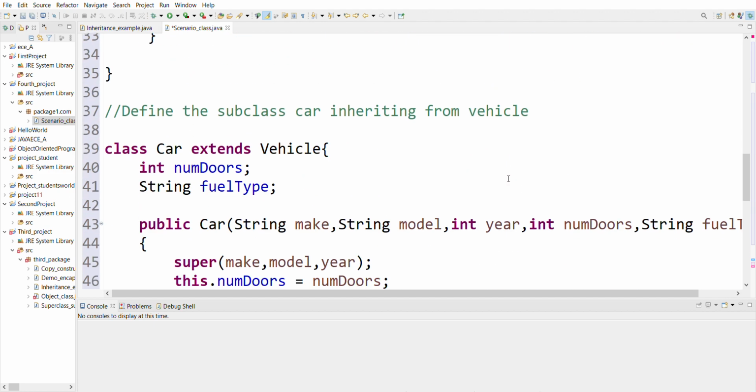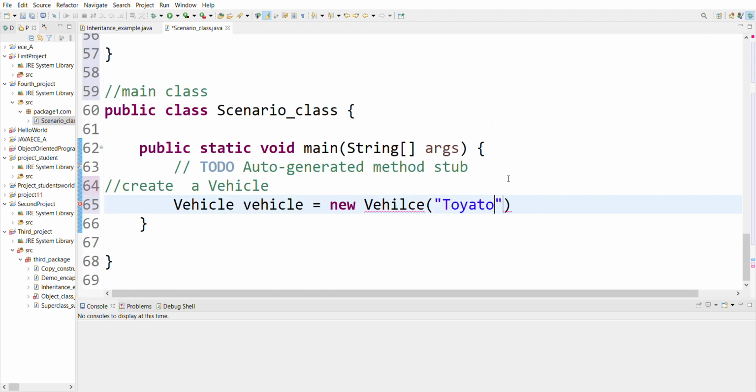Make. So Toyota. Next, model. So I'll be giving this Camry. And then year is, I'll give any year, 2020 suppose. Let us give the current year, 2024. Next,